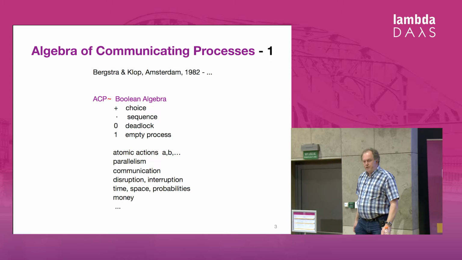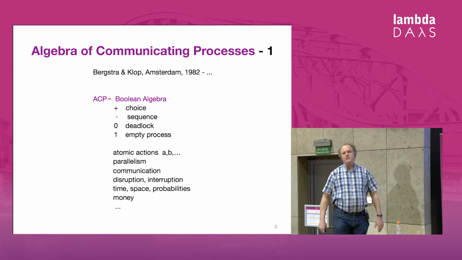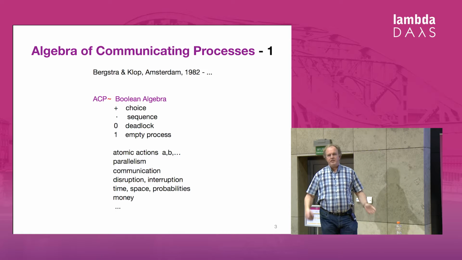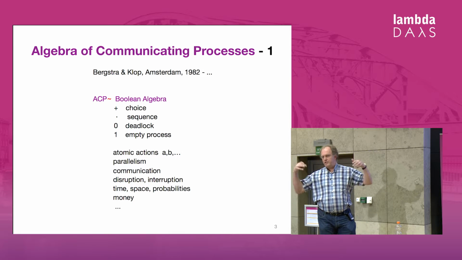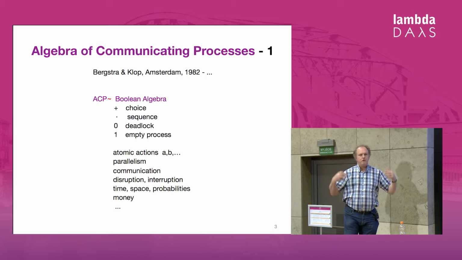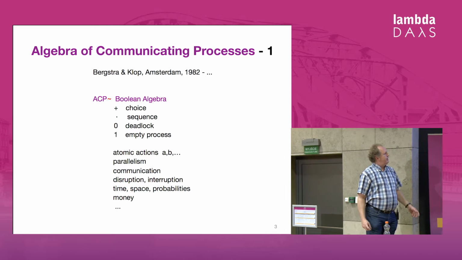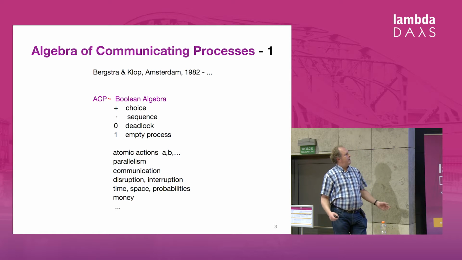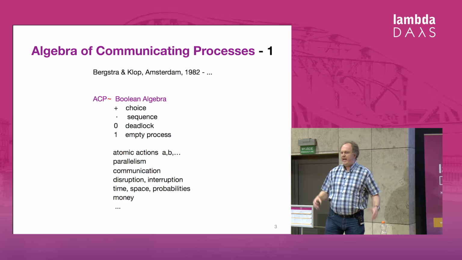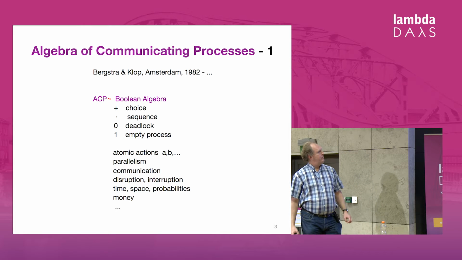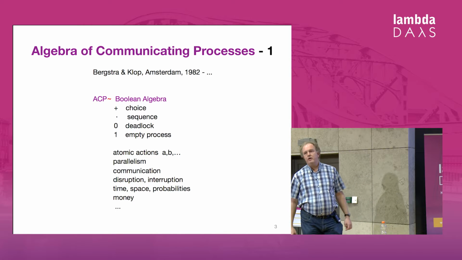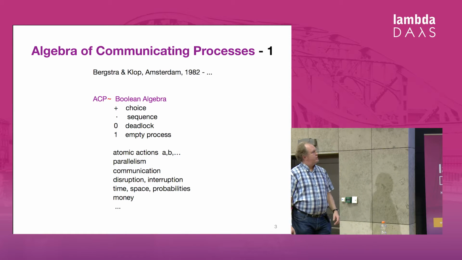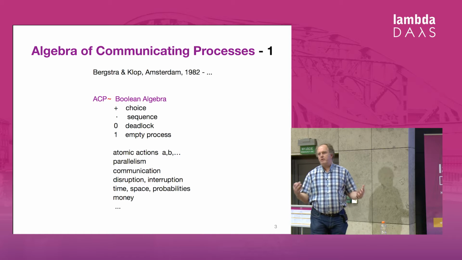So this algebra of communicating processes, what is it? It's a bit like Boolean algebra. But in ACP, things can happen. It's not just statements that things are true or false or whatever, but things can happen. So basically we have an OR operator and an AND operator, like in lots of algebra, but the AND operator is now a sequential operator. It's AND then. And this way there is a kind of notion of time or so.